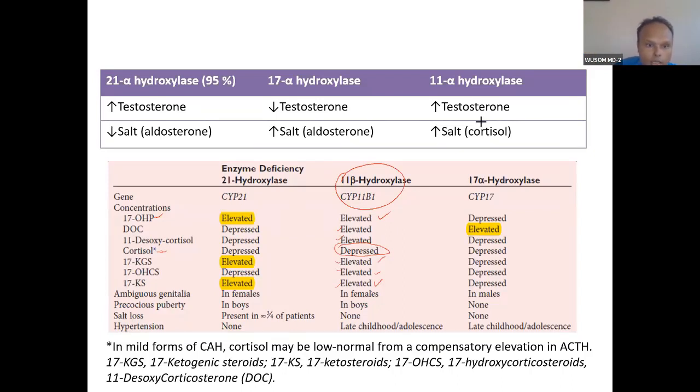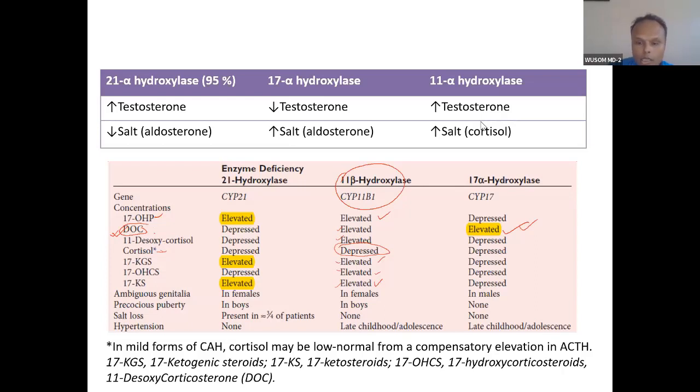Only this corticosterone, deoxycorticosterone, this des 11 hydroxy cortisol. Des means without 11 hydroxylase. So this without 11 hydroxylase and this other aldosterone is elevated here, and other aldosterone will also be elevated. So this is used as a marker, not direct aldosterone. That is why this is written. So this will be high here in 17, and all these are depressed.